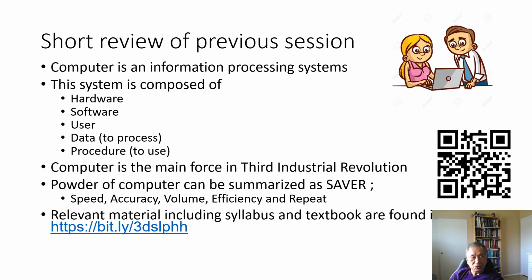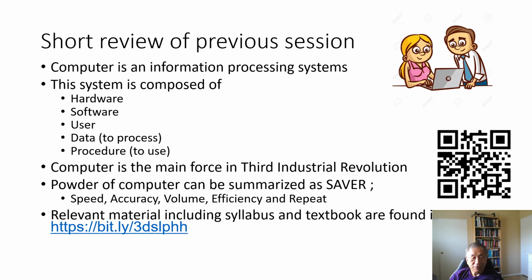Here, just a short review of the previous session. The computer is an information system, I said. This system is composed of hardware, software, the user, data, and procedure. Even if hardware, software, and data are the three more important components. And in the third industrial revolution that started around the 1970s, 80s, the computer became an inevitable and essential component